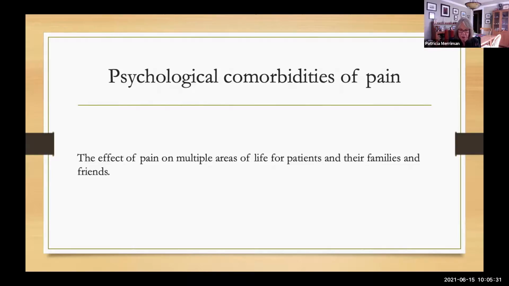Social isolation occurs. People move away from the things that they value when they're in pain. One of my patients, when I asked her what people should know about pain, said, it makes you tired, it exhausts you. And if you've ever even had short-term pain, you know that that's the case. And medication can also be a problem in that families say, I don't want you taking that medication. I don't think you need that medication. There can be arguments about that that move people away. It's a really tough road to hoe.